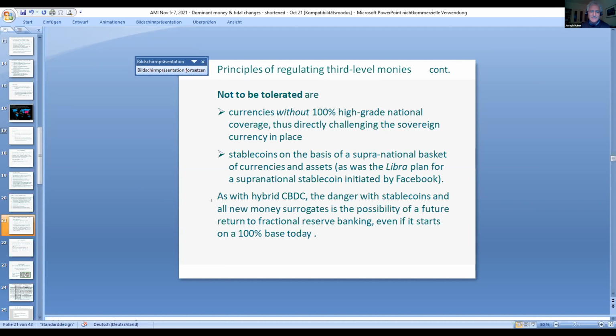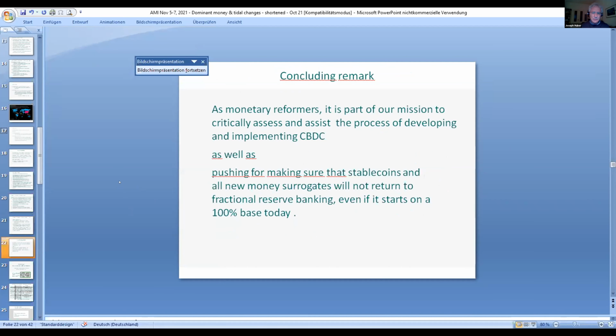I don't hope so. There is always the danger that there is a future possibility of a return to fractional reserve banking, even if it starts at 100% base today. And so we have to keep an eye on this. And my concluding remark would be that I think that as monetary reformers, it's part of our mission to assist